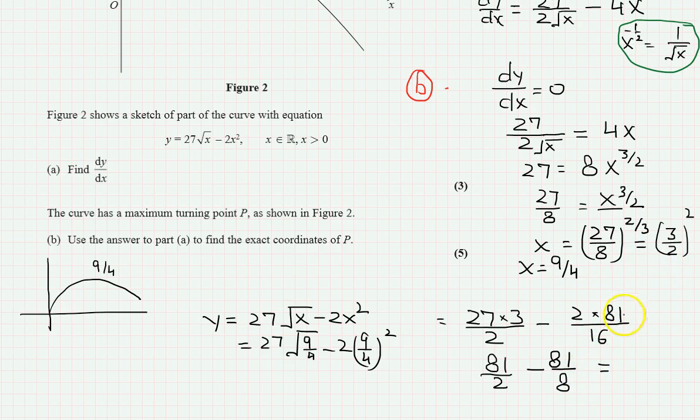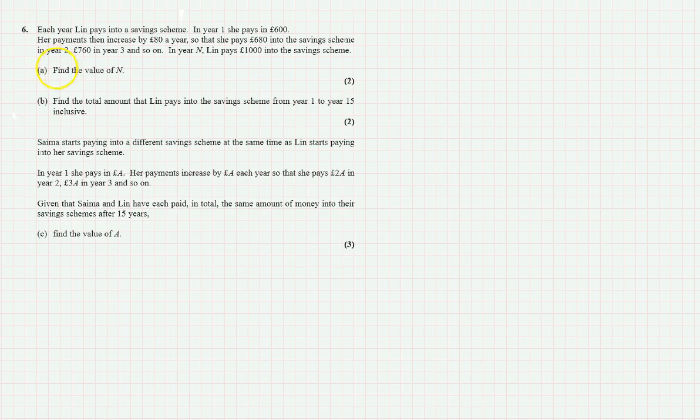So this will be 343 over 8. So these are the coordinates. This is the x and this is the y coordinate. This question was of 8 marks. Question number 6,